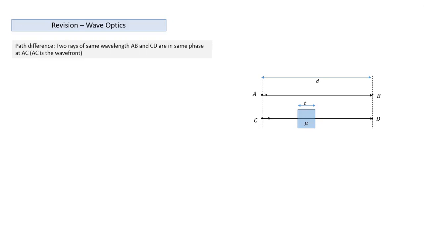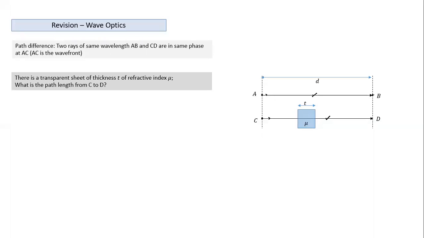So in this case, both the rays travel an equal physical distance. But when they reach the other end, will the phase at A and C be equal? Yes. But will the phase at B and D be equal? Even though the length is equal, the phase here will not be equal, because these two will have a different phase difference, since the optical path length is not the same. Physical path length is the same, A to B and C to D. That's what we have to understand here.